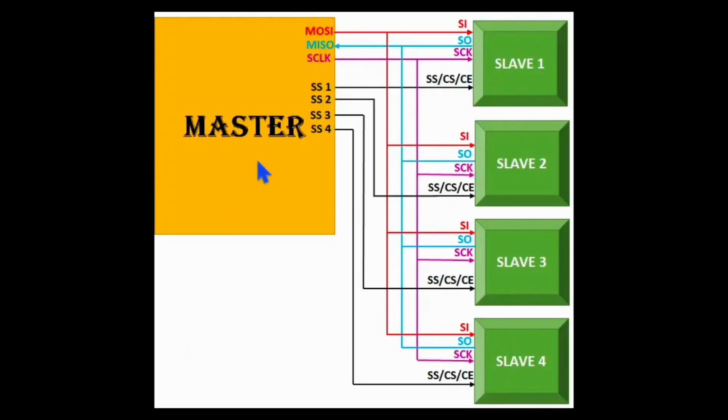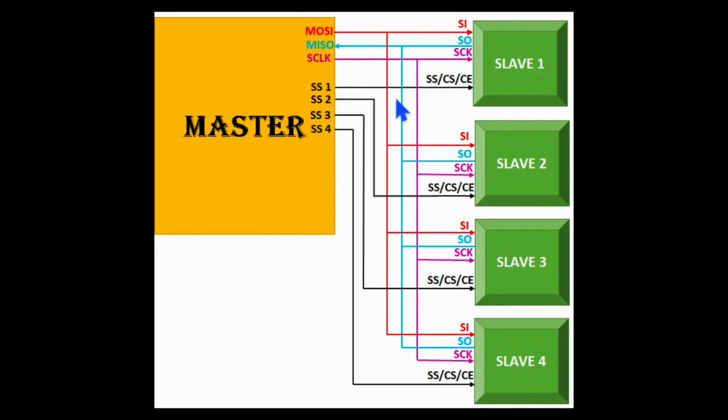In this video, I'm going to show how to use SPI communication. SPI stands for Serial Peripheral Interface. This happens in between a master and a slave device. Multiple slaves can be connected to the master, and the master has to select one of them by pulling this line,